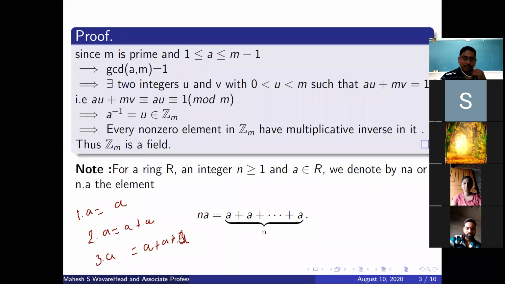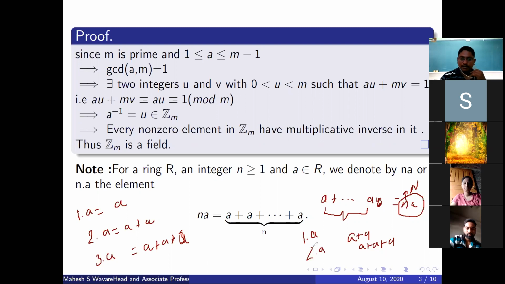Just keep in mind, this n is not a part of the ring. The element in a ring is added how many times? If it is added n times, then it is na. That is just explained here. So whenever such a term comes, be careful about this. This n is always a natural number, and this a is added that many times: a plus a plus a plus a, like that. It doesn't mean that 1 in 1 times a is a part of the ring. If it is integers, then 1 may be there. You have to be careful about this.